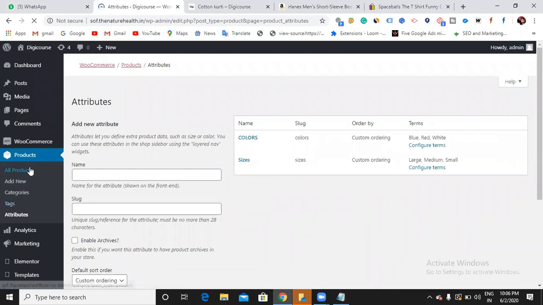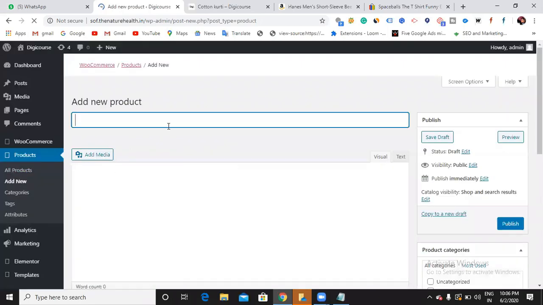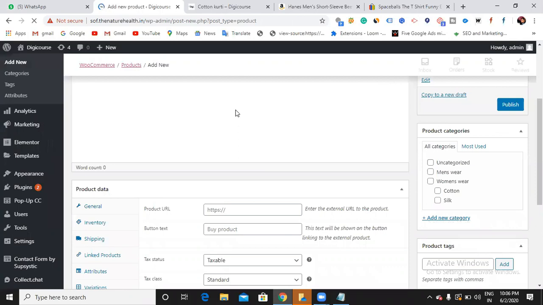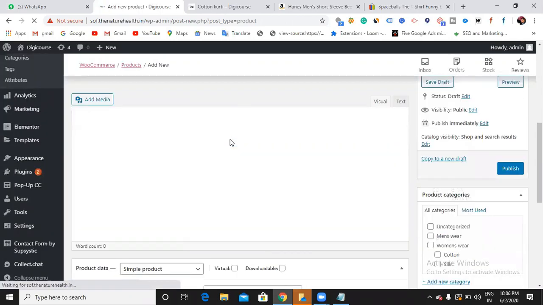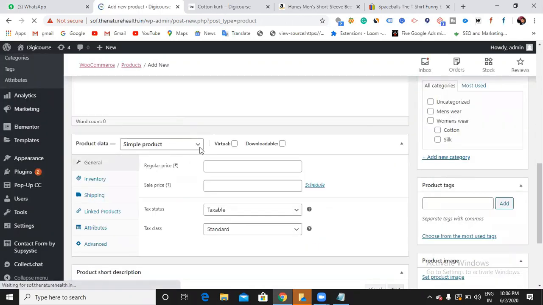Now let us get into all products and try to create a new product. T-shirt. Again, you can have some long description over here. What is this? Simple product, right?